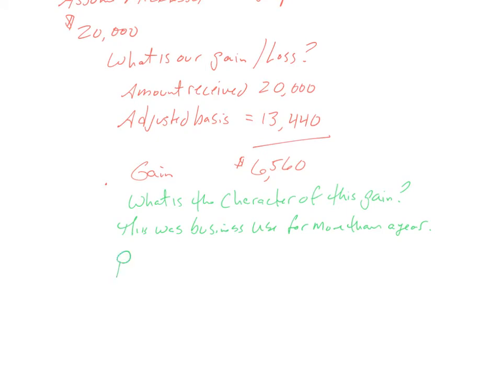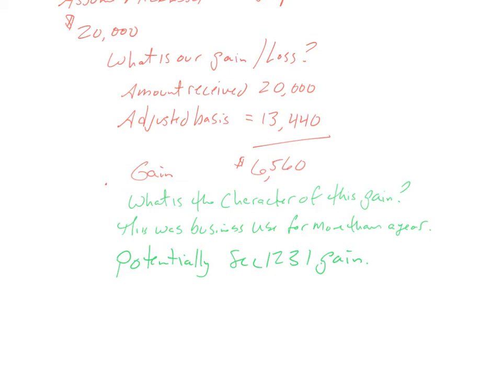So it's potentially Section 1231 gain. All right. But what do we have to do? Well, what we have to do is we have to look at the amount of gain and where did that